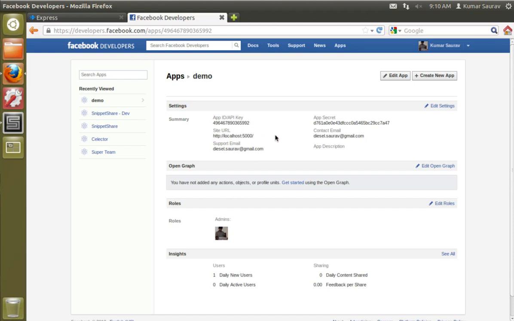This is very important here because we are developing it locally. We need to provide the site URL, http, localhost, and the port which we will be running our application on. So we can create a copy of the application for development purposes on a local machine and provide the URL to localhost 5000. So we need to keep the three items, which are app ID, app secret, and site URL,